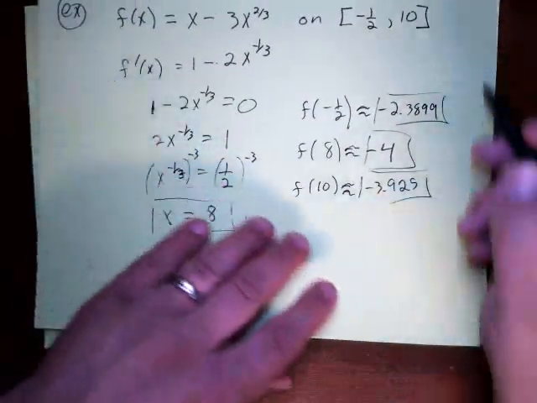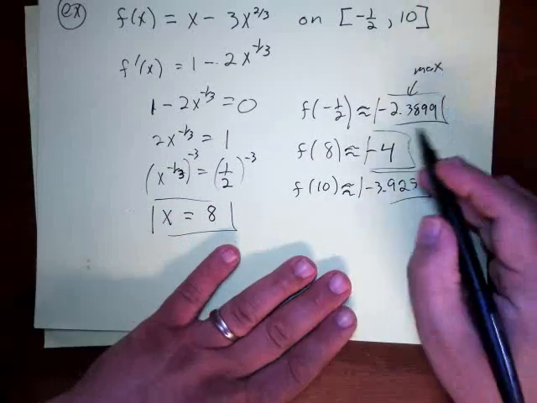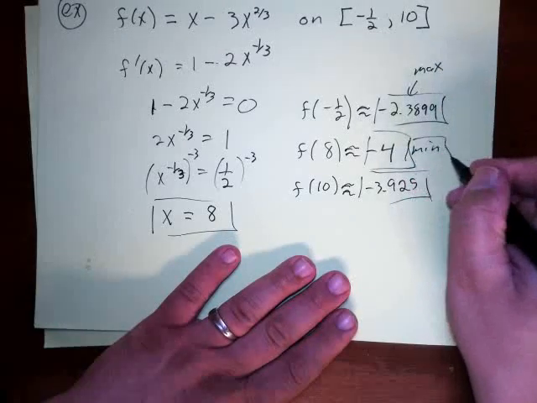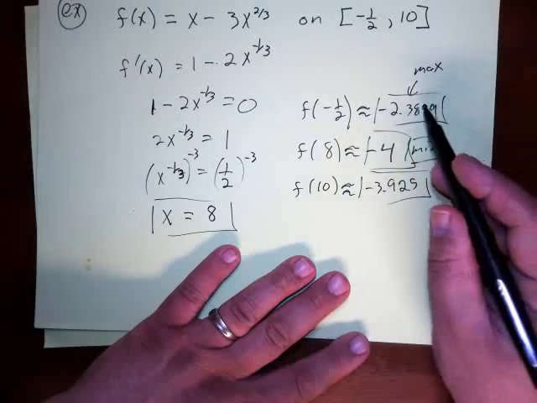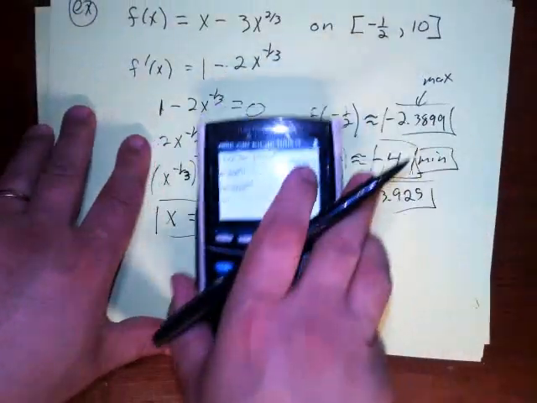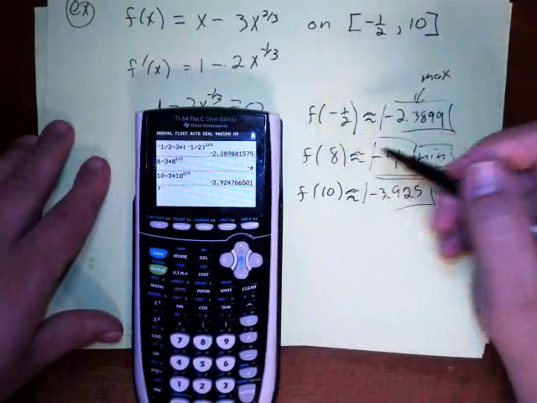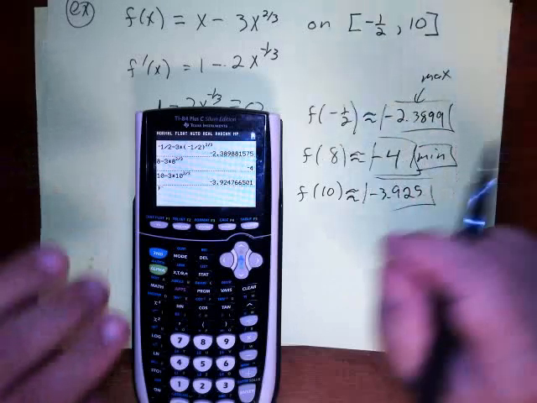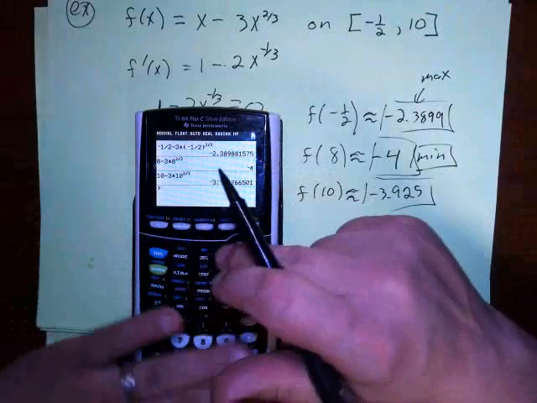And so what that means is this would be the absolute max over the interval, and this would be the min over the interval, because this is the smallest and that is the largest, even though it's negative. So that would be the max and that would be the min. Now let's graph it and see if we're correct about that. So the max occurs at negative 1/2, the min occurs at 8. And that's the left endpoint of the interval. Okay, well,